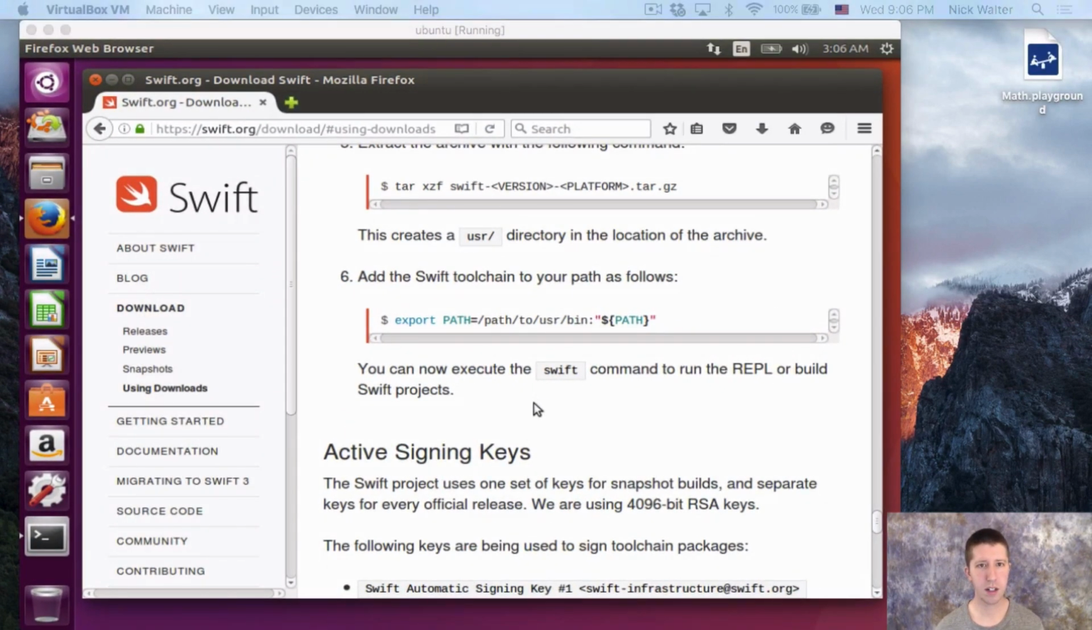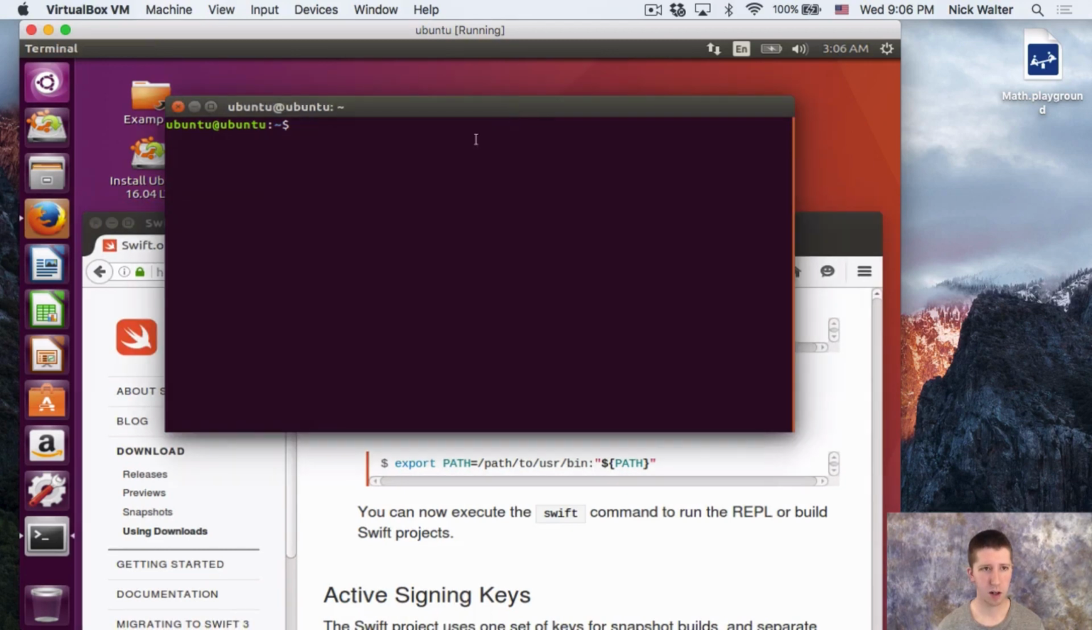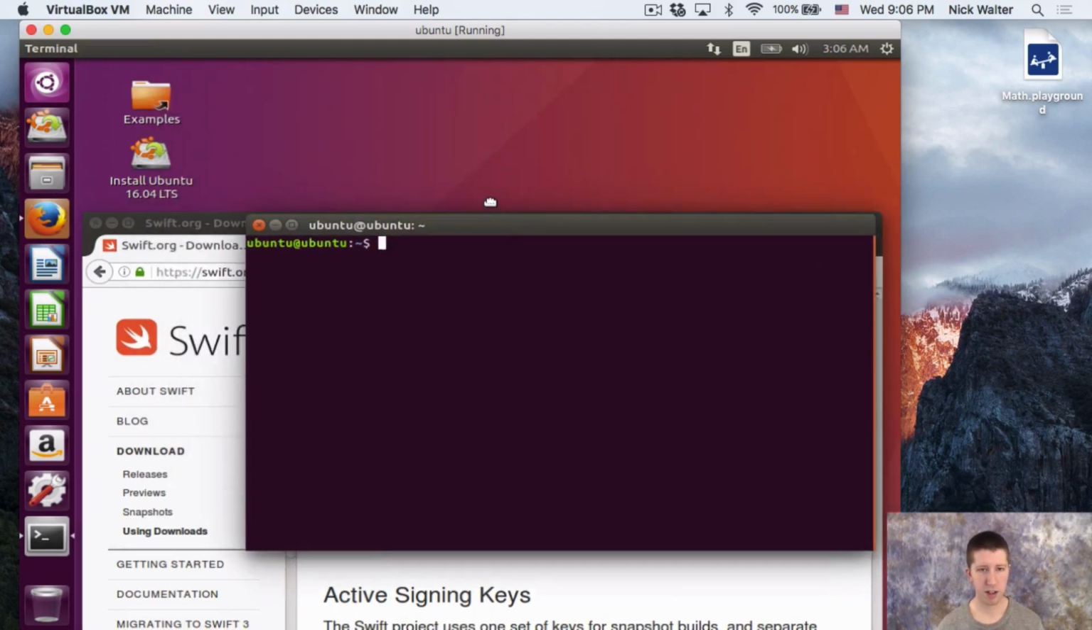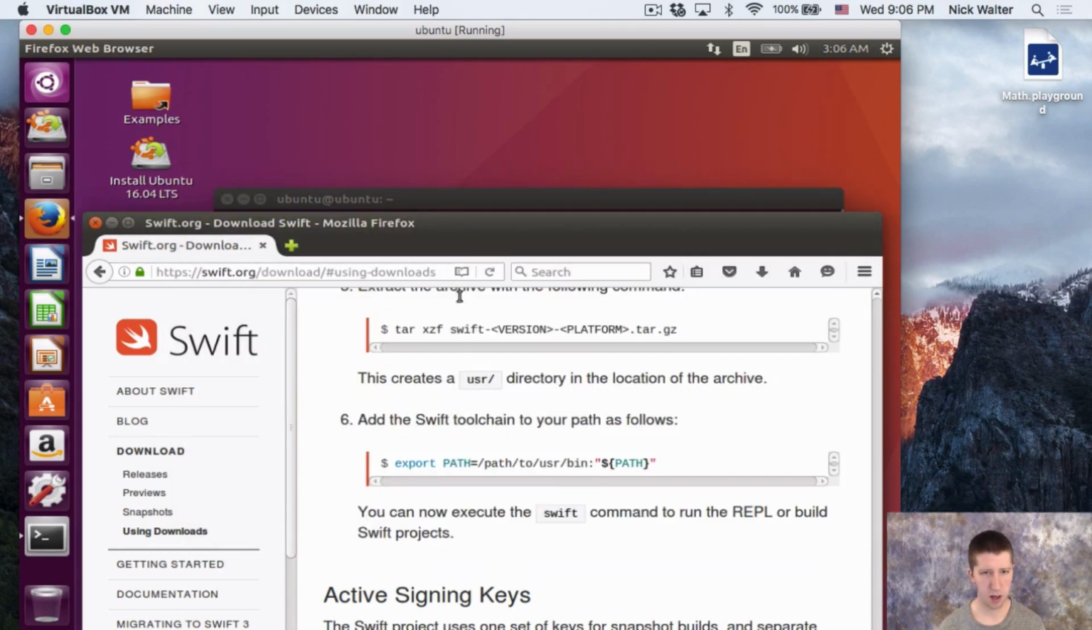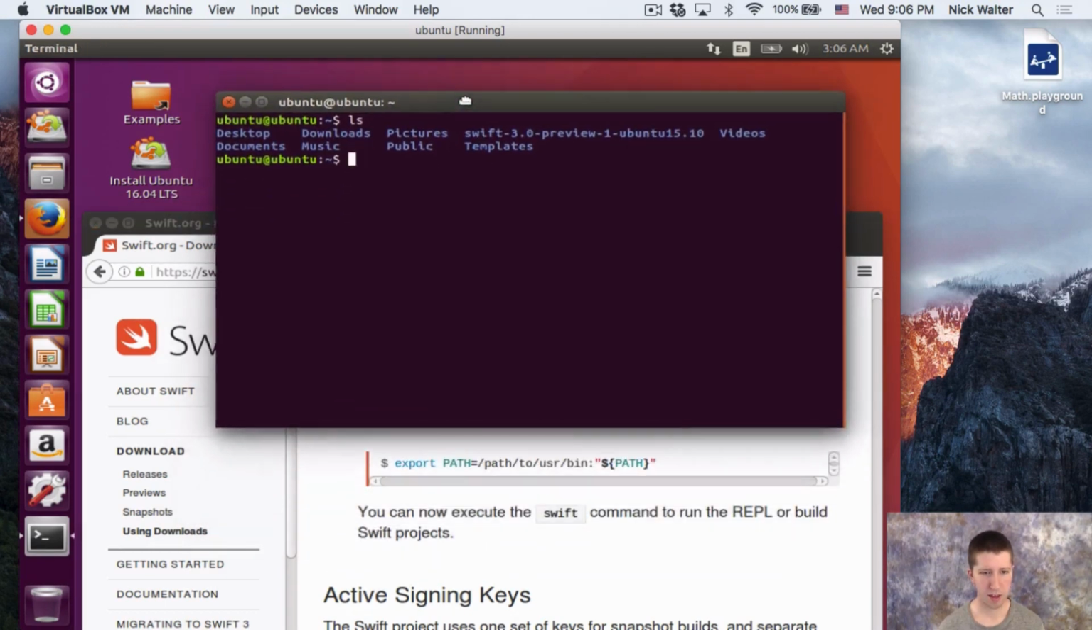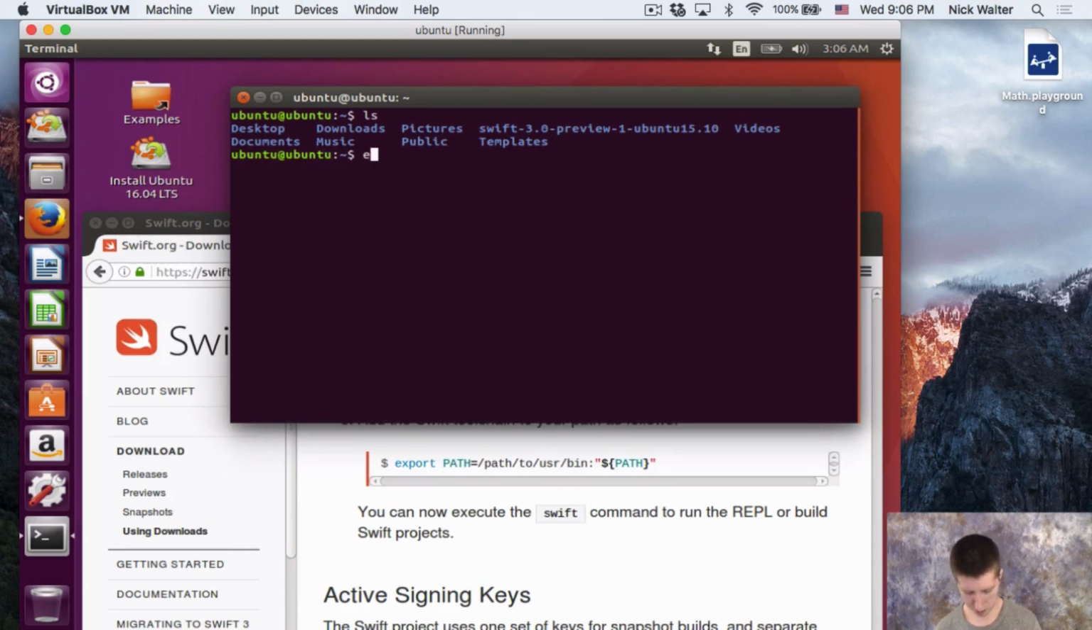So what we need to do is get back to this terminal. And right now, this is in the home directory. So if we hit ls, it will show us what's in that directory. You can see where we installed Swift and all that good stuff. So let's go ahead and write our line here. We need to do export path. Let me move this up so I can see both. So I'm going to do export